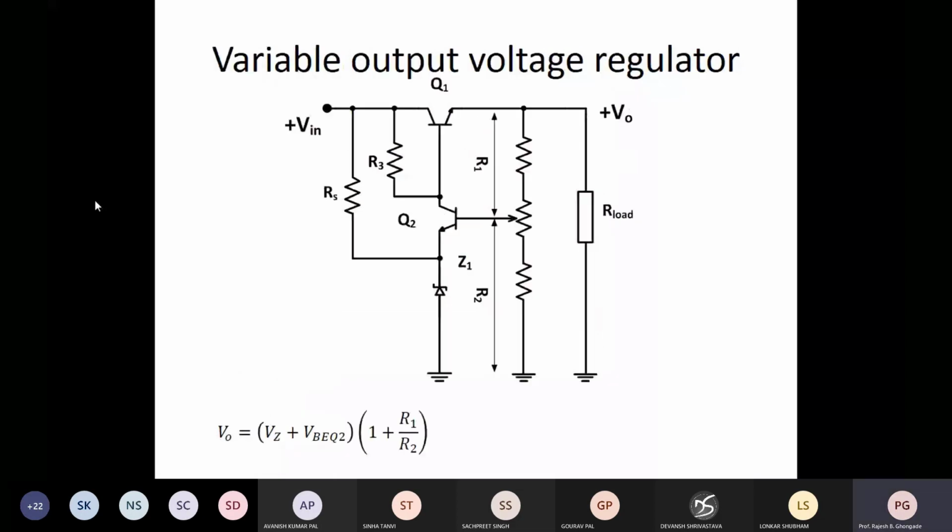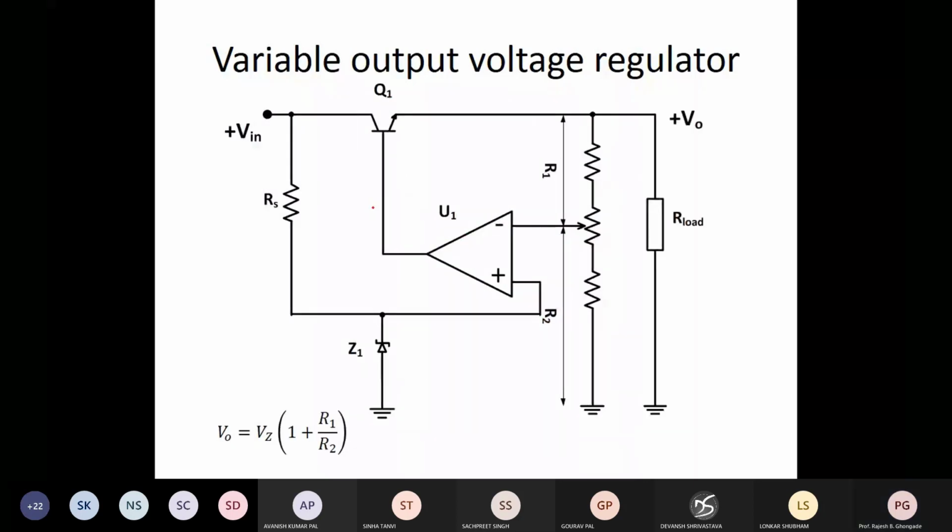All right. Then you have some variations also. You can have a variable output voltage regulator with a kind of feedback mechanism here. Some part of the output is fed back, and this is called an error amplifier. The design is out of scope at this point because of time. But necessarily you can have a variable output voltage regulator based on similar kinds of things. Instead of the error amplifier as a bipolar junction transistor, you can use an operational amplifier to control the base drive. This gives a better performance.